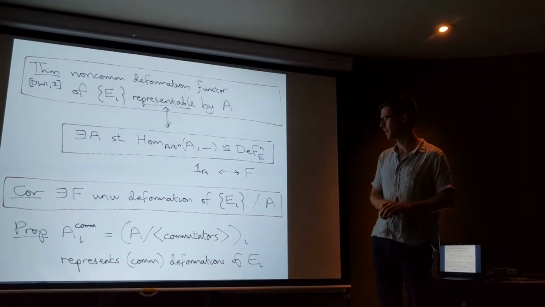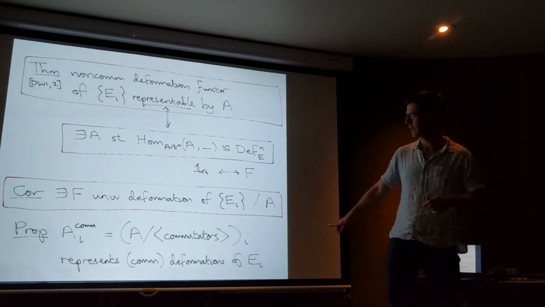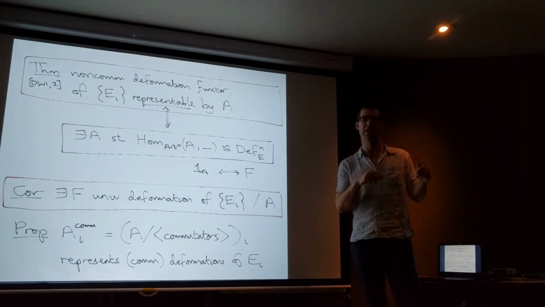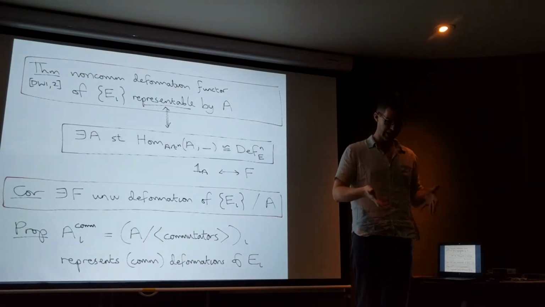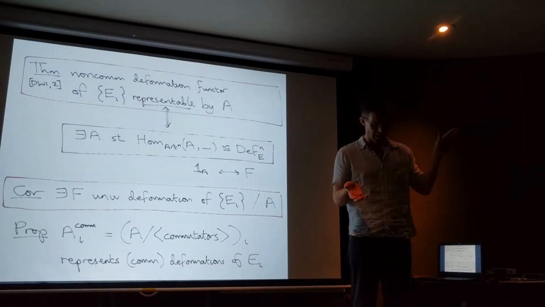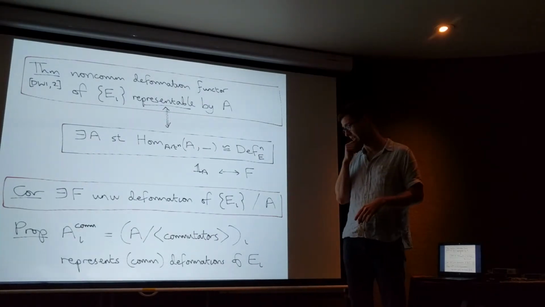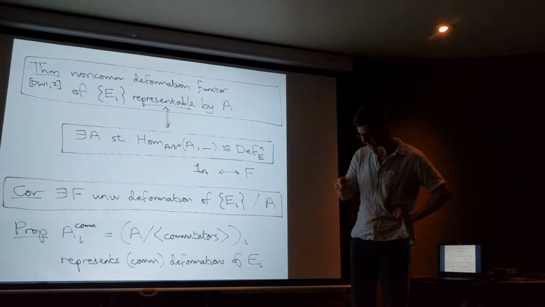Okay. So I'll give an example on the next slide. I'll give the general construction later. But for now, I just want to emphasize that from this A, I get back the commutative deformations as well. So how do I do that? I take A, divide out by commutators. If you were thinking of A as an algebra of matrices, then that makes it diagonal, and I can pick the ith element on the diagonal. So that will represent the commutative deformations in the classical sense.